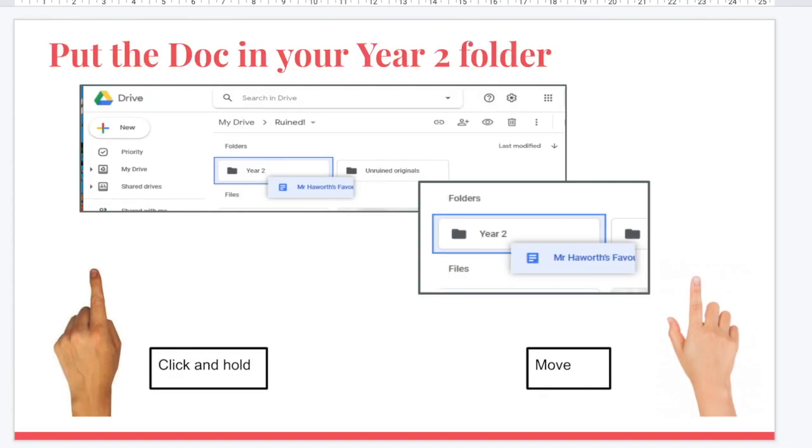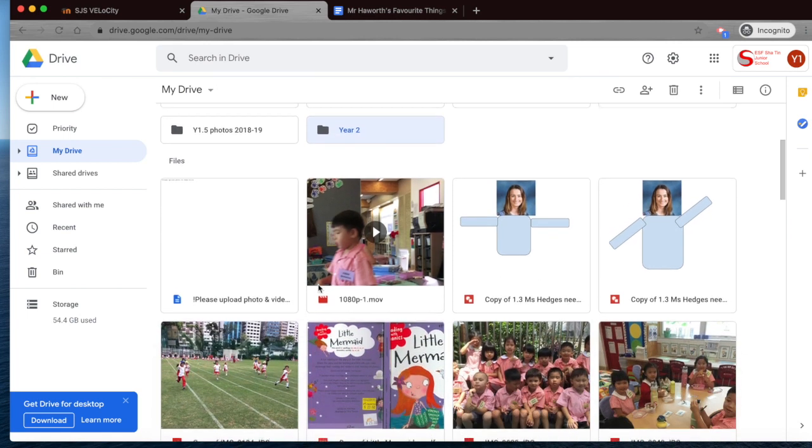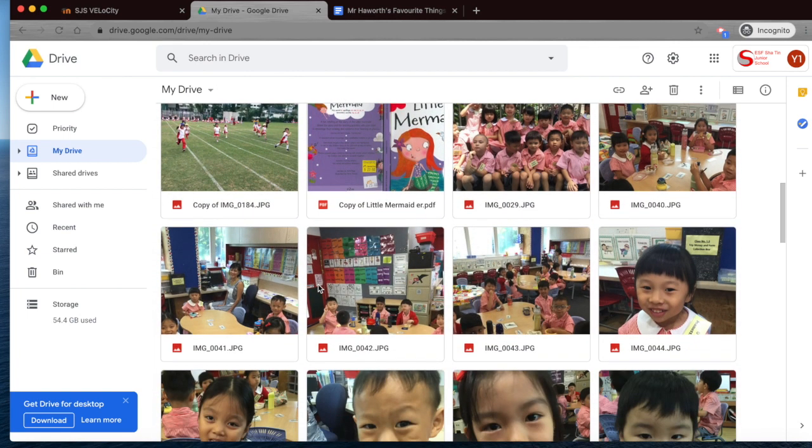Now let's put the document inside the folder, and we're going to click with one finger and hold on the document, and then move with the other pointing finger. We practiced this in Year 1. We should be really good at it. I can see my folder that says Year 2,